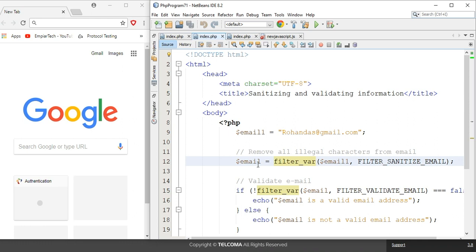Now I want to verify whether this email is correct or not. So I have used another object, email. This other object is equal to the function filter_var, and in this function we have passed parameters. The first parameter is the object email1, which will pick this email address from here,